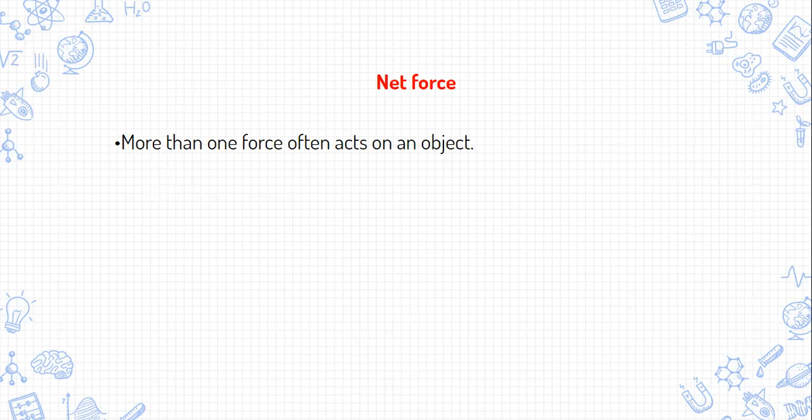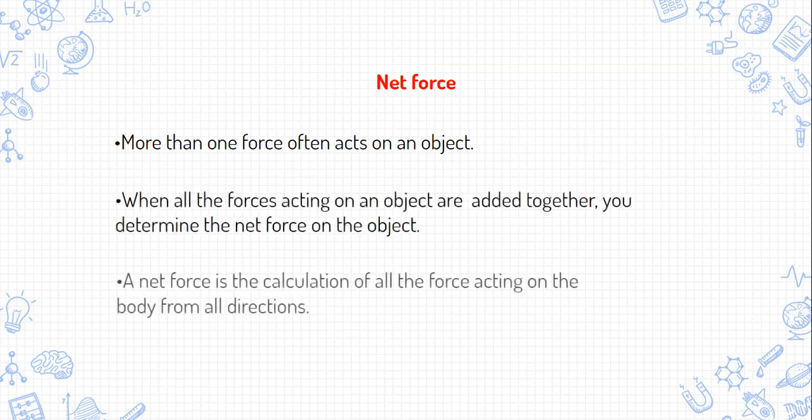Okay, तो ये सब एक ही time पे, for example, I always give this example of a bottle. एक बॉटल पे भी कितने डायरेक्शन से तुम फोर्स लगा सकते हैं एक ही टाइम पे. कोई सामने से पुश कर सकता है, कोई पीछे से पुश कर सकता है. Someone can push it from the left, someone can push it from the right. So what is the total force acting on that object? तो उसके लिए हमें एक नेट फोर्स निकालना पड़ता है. तो नेट फोर्स इज द कैलकुलेशन ऑफ ऑल द फोर्सेस एक्टिंग ऑन द बॉडी फ्रॉम ऑल डायरेक्शंस.